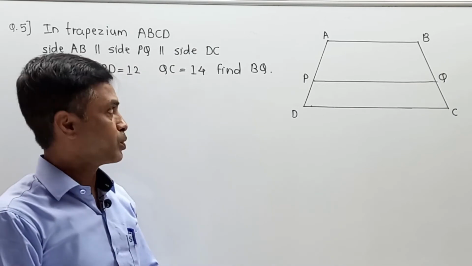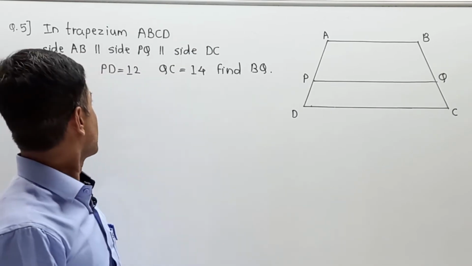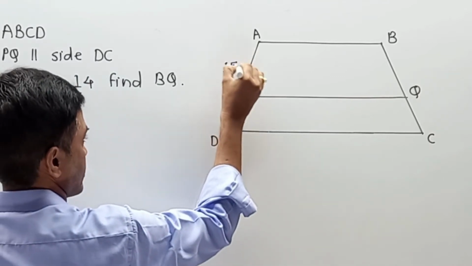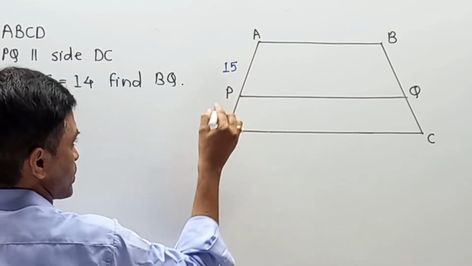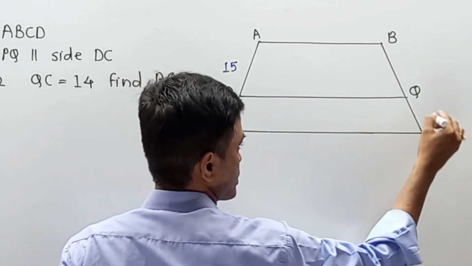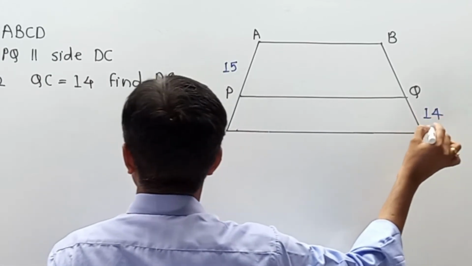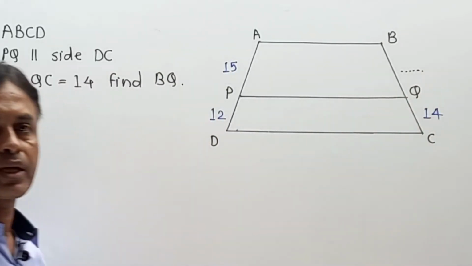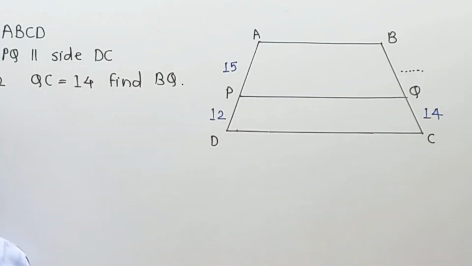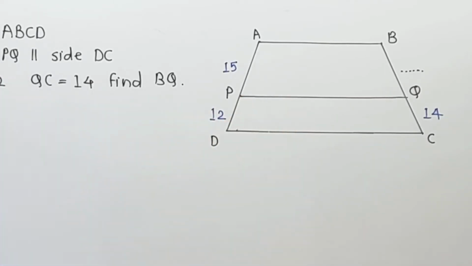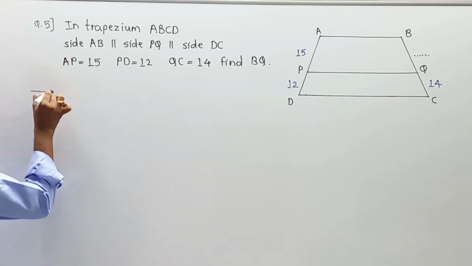They have also given data in terms of length values: AP equal to 15, A to P is 15, PD is 12, so P to D is 12, QC is equal to 14, Q to C is equal to 14. Then find the value of BQ, means we are supposed to find the value of BQ over here. Now definitely it's a numerical related with 3 parallel lines and 2 transversals. So solving this numerical, the respective answer is,